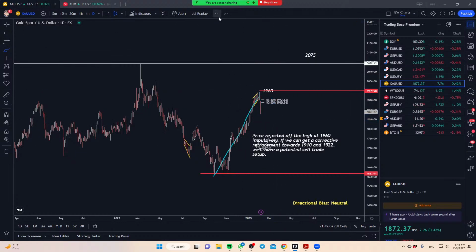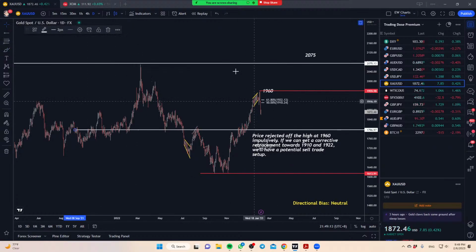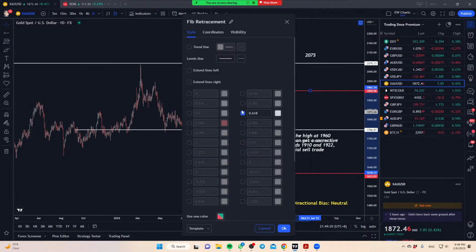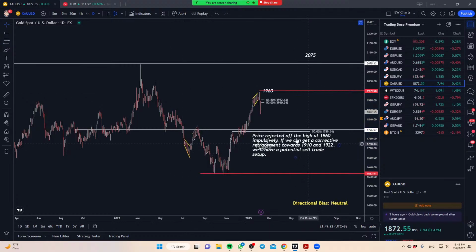Okay, and if you take a look at how deep this can eventually pull back, there are some key structure levels and areas around here, which is around 1800. If you take Fibs from the swing low to the swing high, that will put you around 50%, right? Which is not unachievable, right? It's going to be very common for a market to pull back 50% and then continue in its overall trend after that. But this is on the bigger scale, right? This is on the daily.